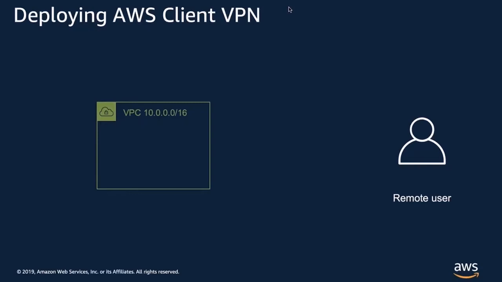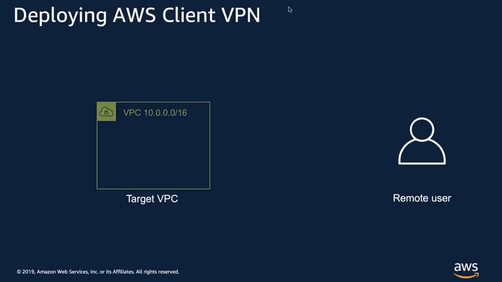So on the left-hand side, we have a VPC that we want our remote users to connect to. On the right-hand side, we have an example remote user with their device, maybe sitting at home, waiting to connect. So that VPC on the left, we'll refer to this as a target VPC. This is the VPC that all of your users connecting to the VPN will be emerging in. So this is where they appear on the AWS environment for the first time, and then you can decide where